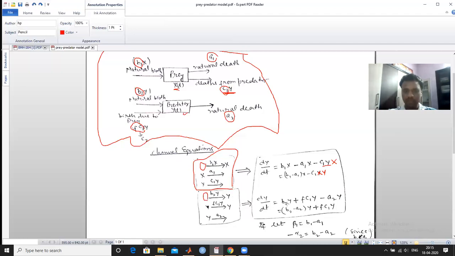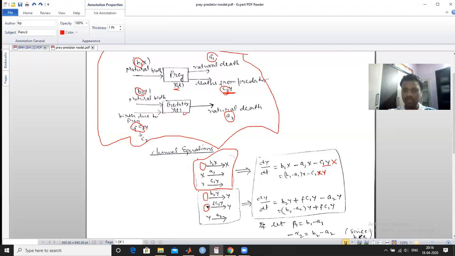So positive sign V2 by plus, and no, there is no, again reactant is here. So again the plus sign, because y is on the right hand side, positive sign, and rate is FC1y. And the third equation, y is on the left hand side, so negative sign, and rate is a2 multiplied by y. That's clear. So if you take common y from here, b2 minus a2 y plus FC1y.